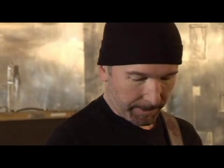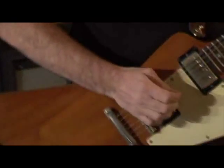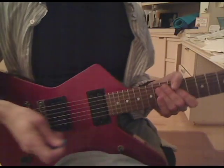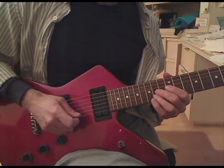This was an interesting part. It caused a bit of a stir in the studio when I first played it. I'll try and play it a bit more quietly. The reason it caused a bit of a stir is that